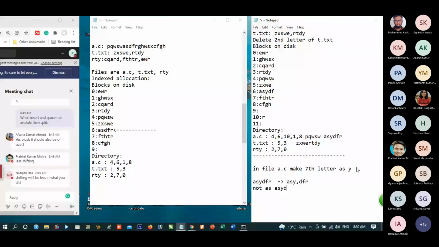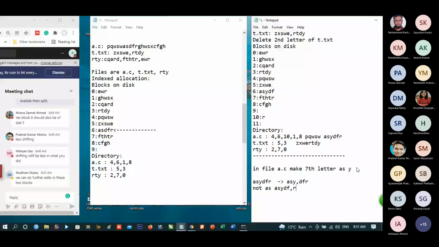What is the advantage? No. It has more shifting. You see, once a block size becomes 6, then we break it into 3 and 3, not as 5 and 1. If we break it as a 5 and 1, then less shifting is required. But we break it into 3 and 3, not 5 and 1. What is the advantage? Nilanjan, wrong. Shifting will be less than what Nilanjan did. Shifting will be more than what I did. But we split into 3 and 3, not as 5 and 1.